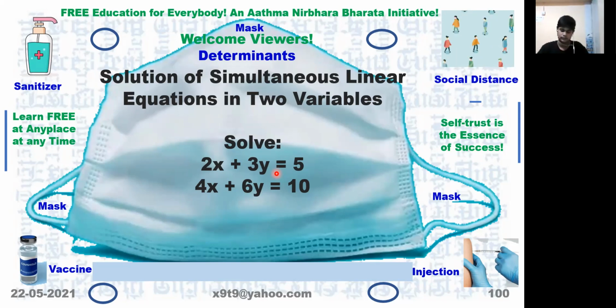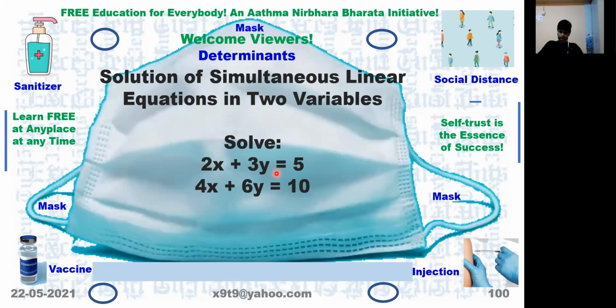So that means the question given is wrong. Indeterminate. Both of them belong to the same thing. See, the second one, if you divide by 2 everywhere, you get the first equation. That means actually you are given one equation only, and the other equation is wrong. So therefore, we cannot find the value. This type of problem will come.